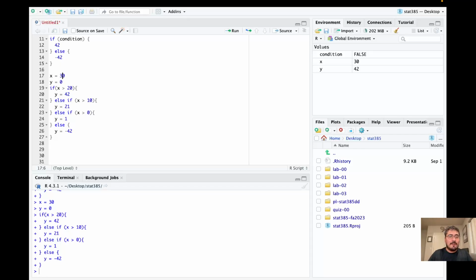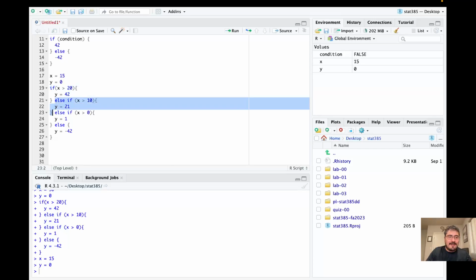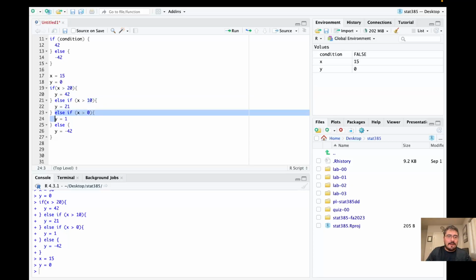So now it's the in-between case. X is 15. So what's going to happen? Let's walk through it again. Okay, so x greater than 20? No. X greater than 10? Yes. So then y should be 21. X greater than 0? Coming down the chain? Yes. 15 is greater than 0. So